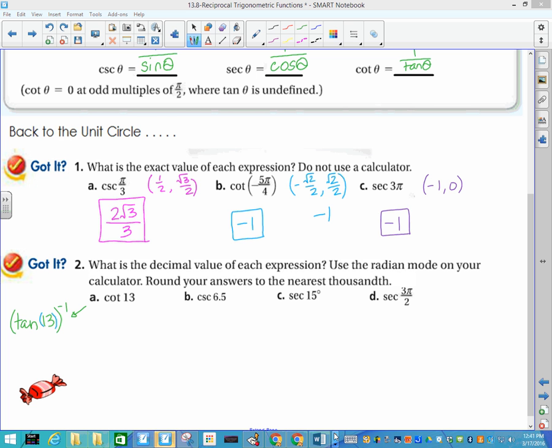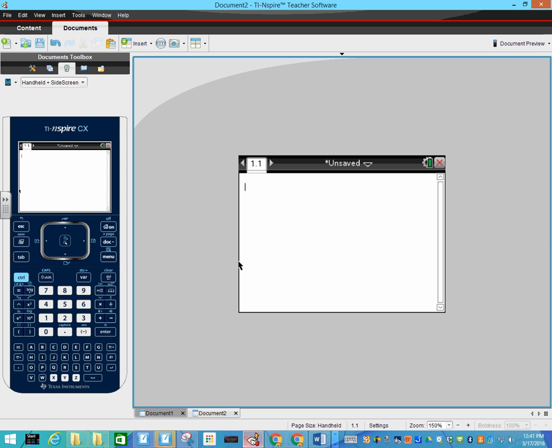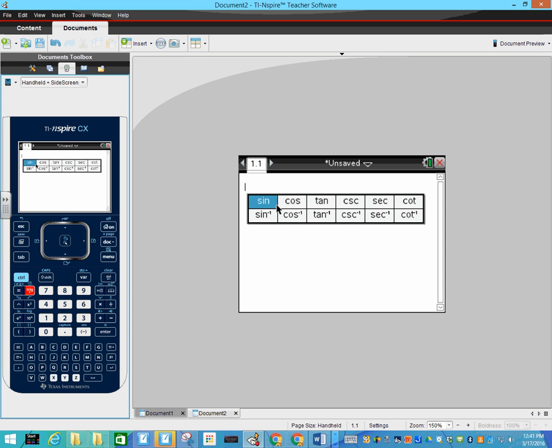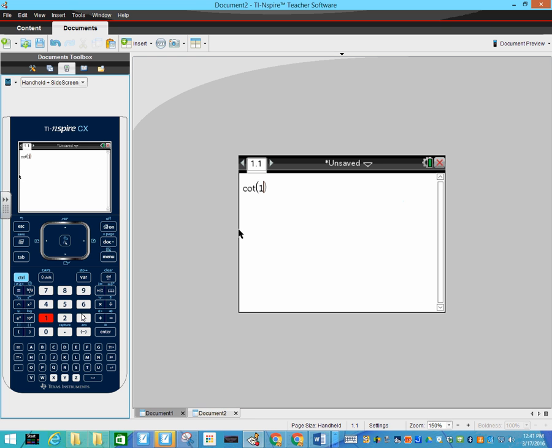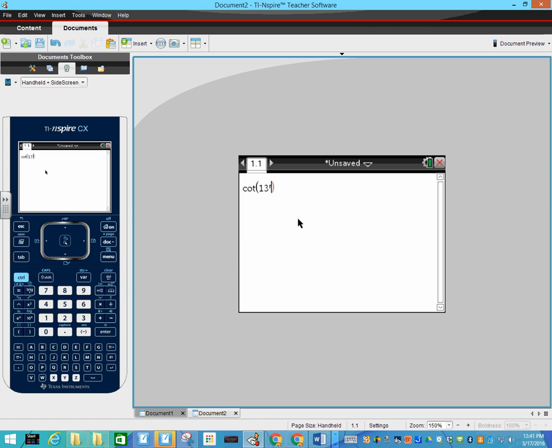So let me pull that up right here. Now, on an Inspire calculator, you have a couple of options, but you have the trig button, which I'll see if that'll let me do. Good. All right, and so you've got all of your functions, so you don't have to worry about those reciprocal issues. Cotangent of 13, and you have a button down here which is pi, so you can put in whether you want degrees or radians, and then you will be sure to get the right answer. So if I round this to the nearest hundredth,